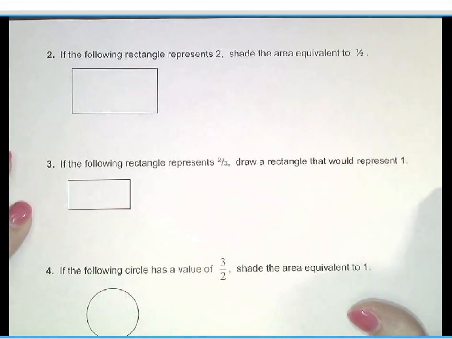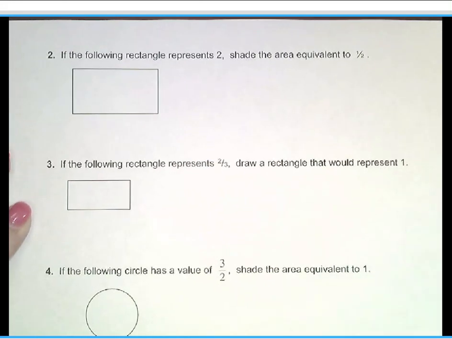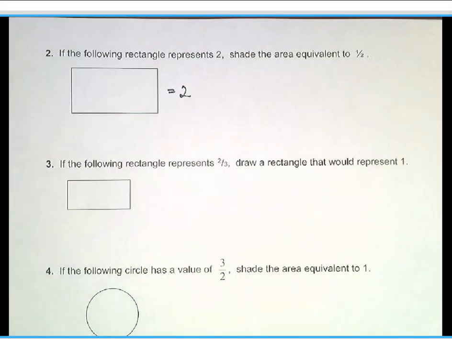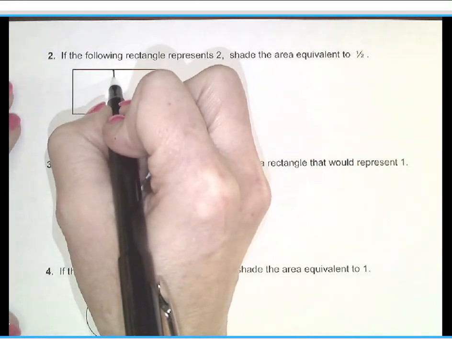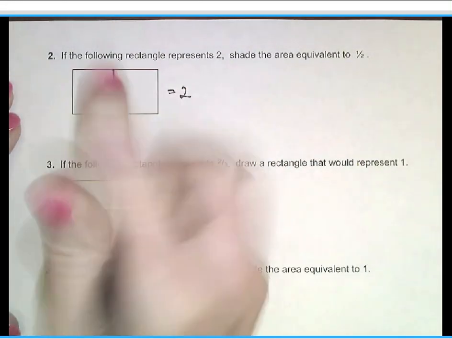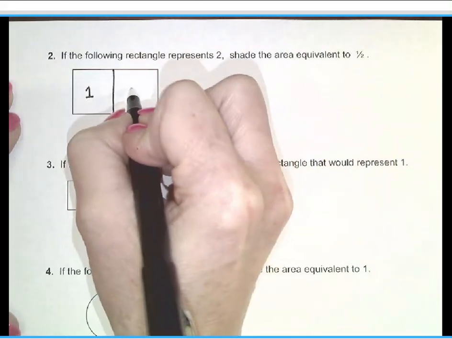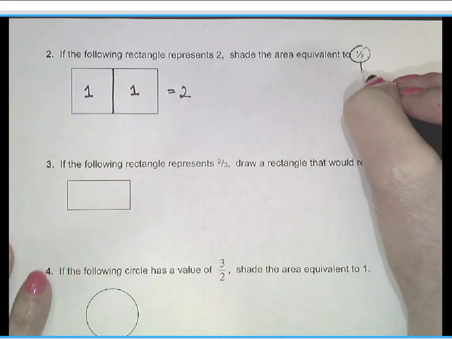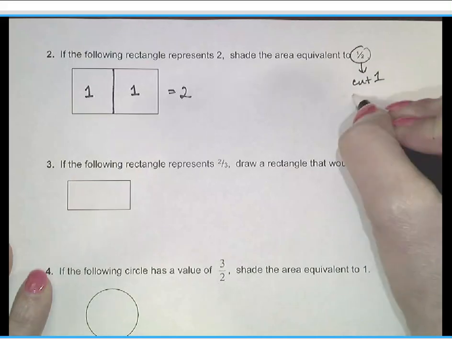If the following rectangle represents 2, shade the area equivalent to 1/2. Okay, so they're telling us that this is equal to 2. So really, to work with fractions, you need to know what 1 looks like. So if I were to cut this rectangle in half, each one of these would be equal to 1, right? The 2 1s would equal a 2. But I want to shade an area equivalent to a half, not a half of the shape given, but a literal 1/2. So I'm going to have to cut 1